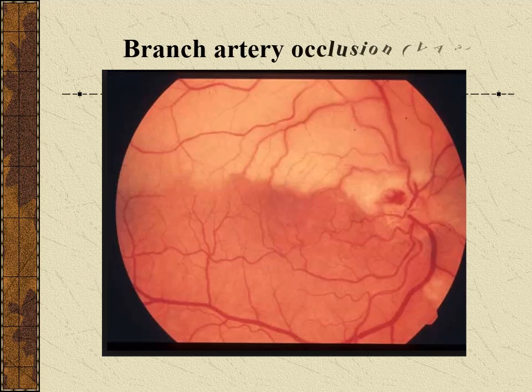Some patients will be less severely affected than others when they suffer from branch artery occlusion and not from occlusion of the central retinal artery itself. One of the upper or lower branches of the retina can be occluded. In this case, the clinical picture will be limited to only half of the retina. In this patient, the visual acuity will be partially decreased or variable according to the involvement of the fovea.